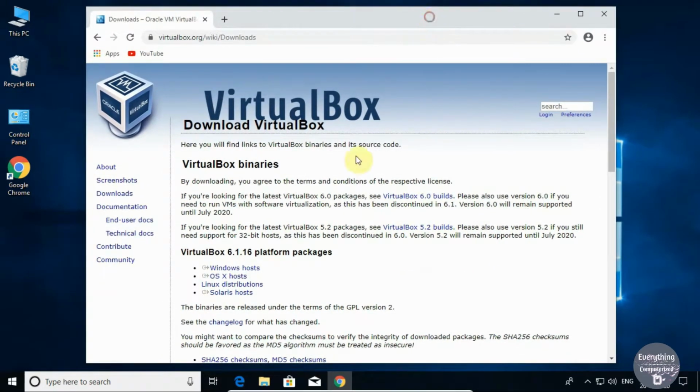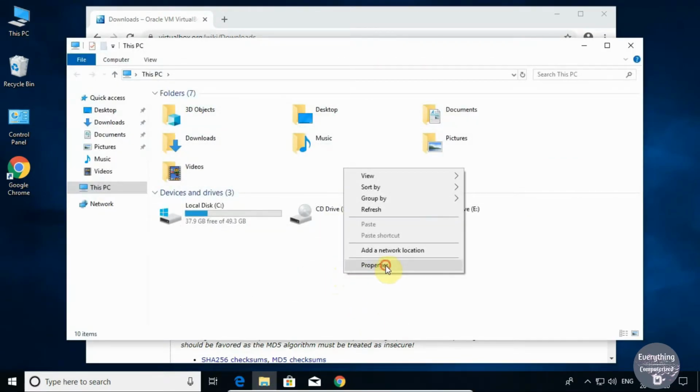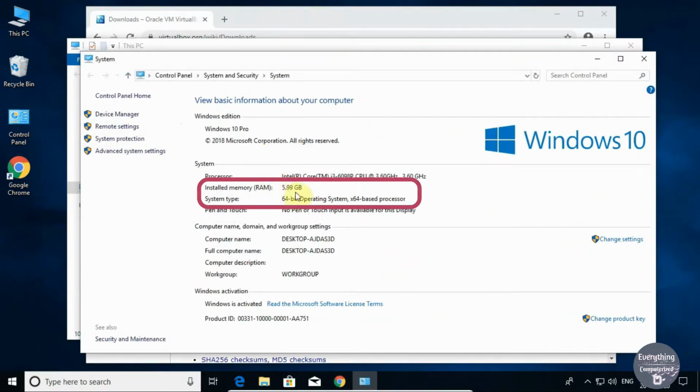One thing that you have to note at this point is that the latest version of VirtualBox can run only on 64-bit Windows. So if you are running a 32-bit version of Windows, then you have to use an older version of VirtualBox. If you don't know what bit your operating system is, then you can open This PC, right click on the blank side and then click on Properties. Under System, you will get a note of your processor, your RAM and your system type. In system type, the bit of your operating system and your processor will be noted.